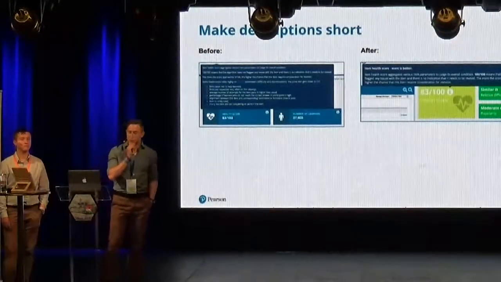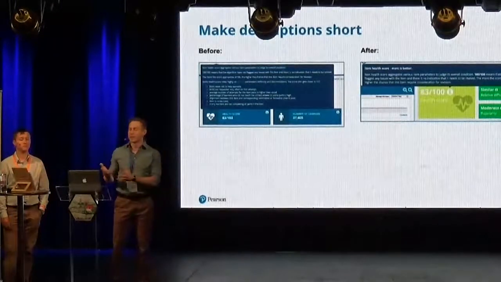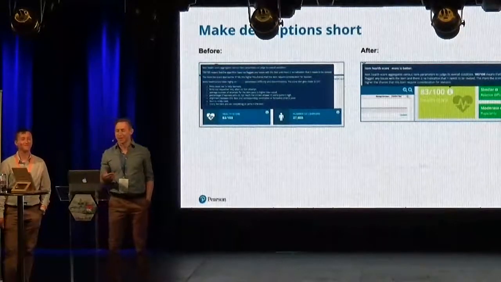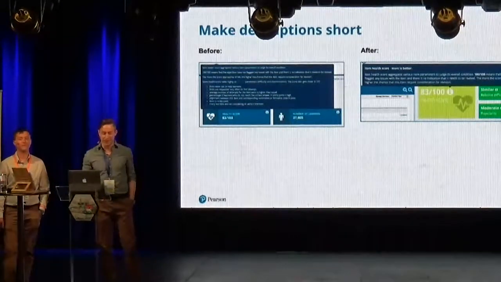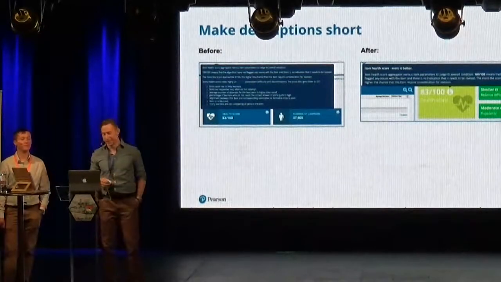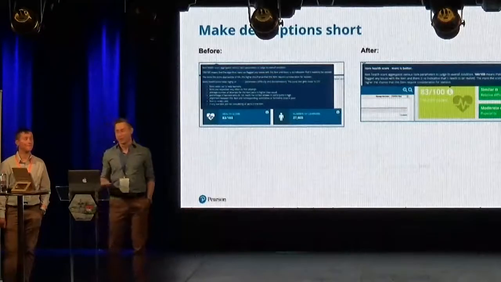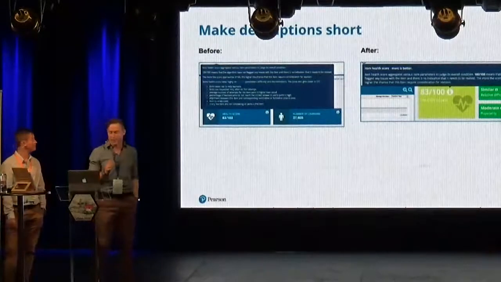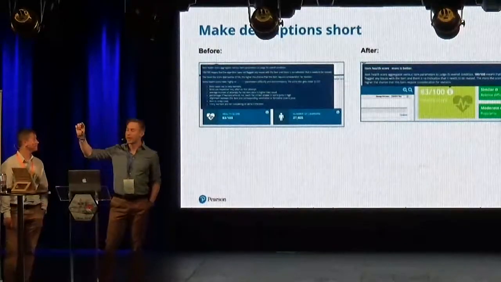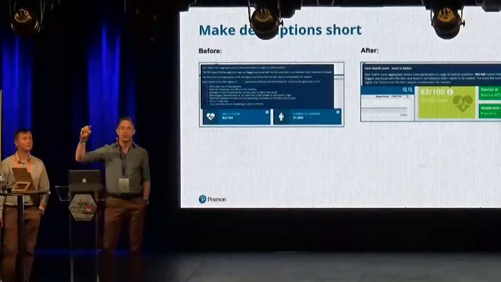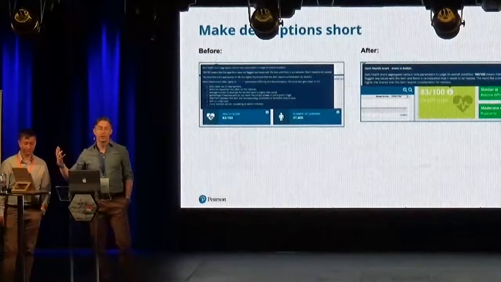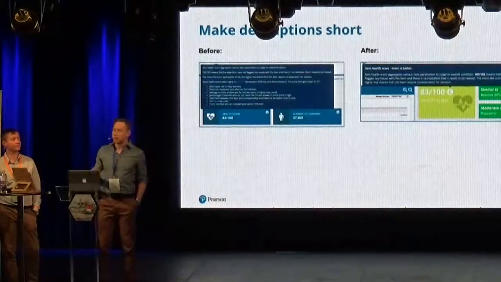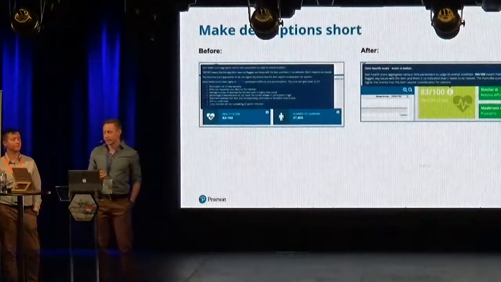Third thing that we learned is that nobody read our description, basically. We tried to detail it as much as possible, but if somebody has seen this long description that you barely see on the left, they didn't really read it, so we tried to make it as short as possible. And you can see it on this slide, but we try to give the interpretation of the statistic in the first sentence. So even if they don't read it, if they read the first sentence, they will have some understanding of what the statistic is showing them.